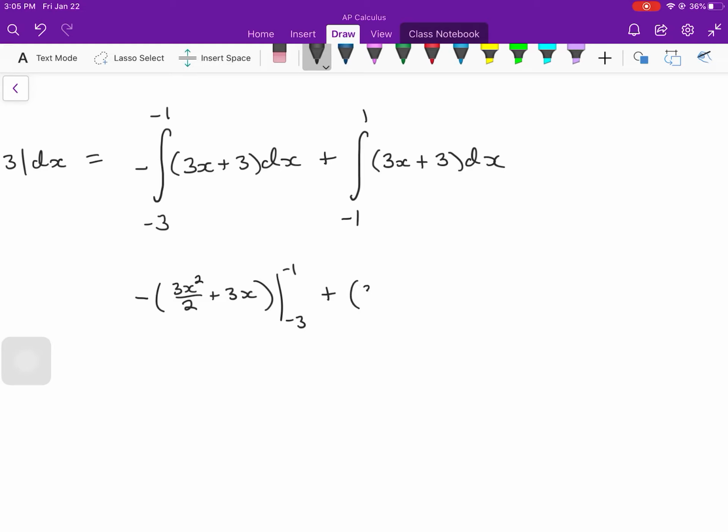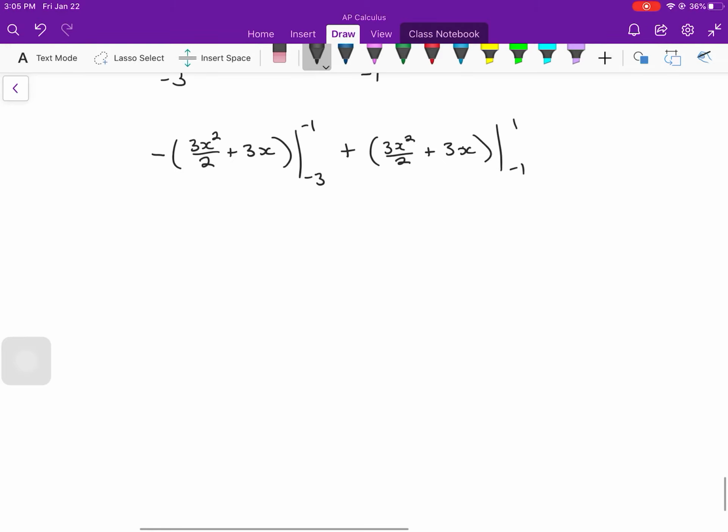plus, same thing really, 3x squared over 2 plus 3x from -1 to 1. We're going to have some fractions in there. I guess I might as well just continue this evaluation. So I'm going to put a big bracket here and conquer this one here. So we're going to have negative 3 times 1 squared over 2 plus 3 times 1 minus,